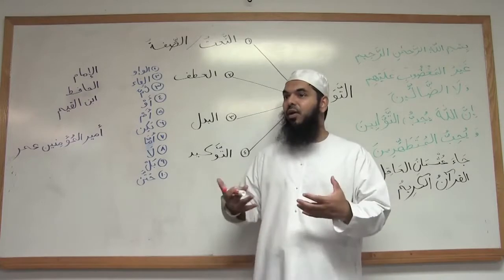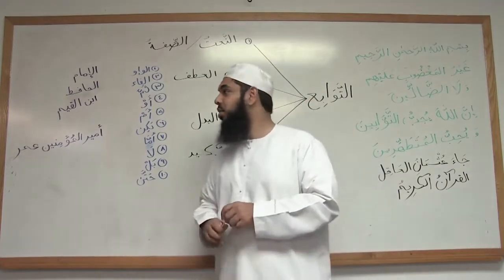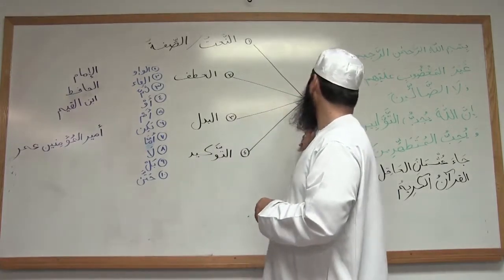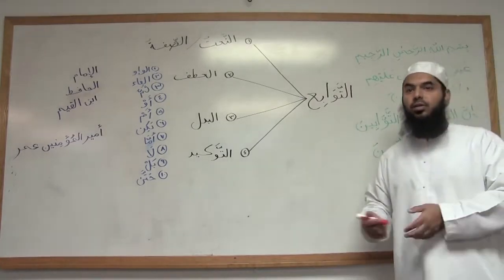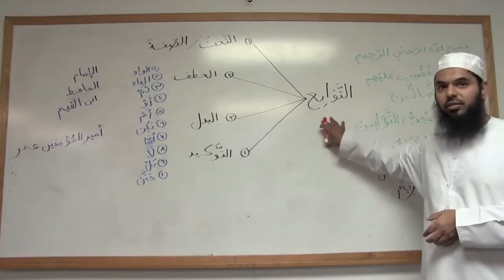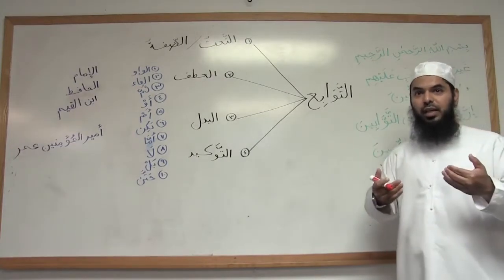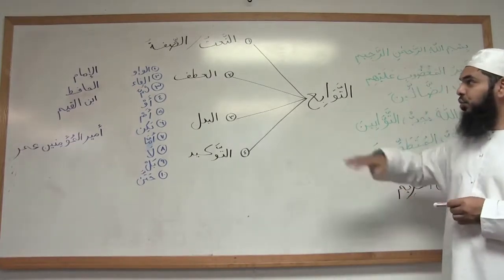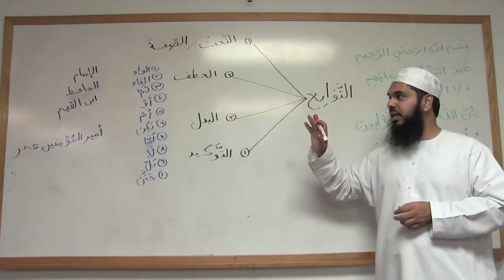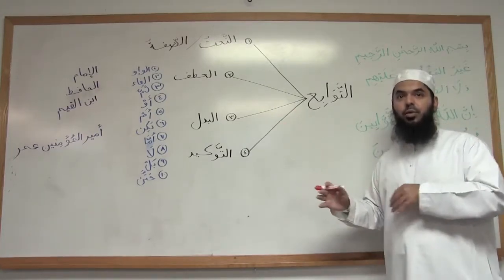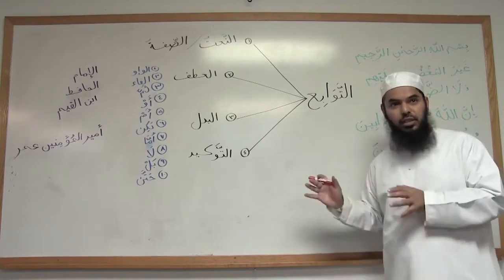Tayyib. Now the one thing that's left is what's called at-tawabi'. At-tawabi', what does taba'a mean? To follow. So tawabi', they are followers, right? They will follow something. So there's only 4 of them, and inshallah we will go over some of them. This is more of an introduction. We'll have inshallah one more dars related to this subject.